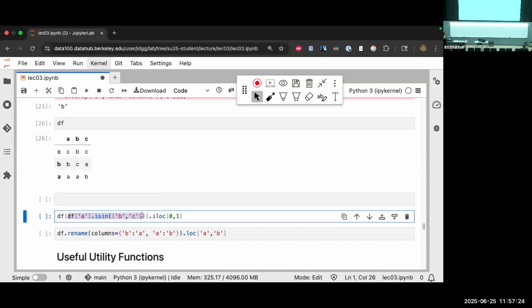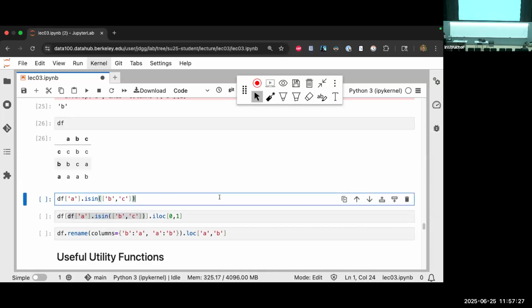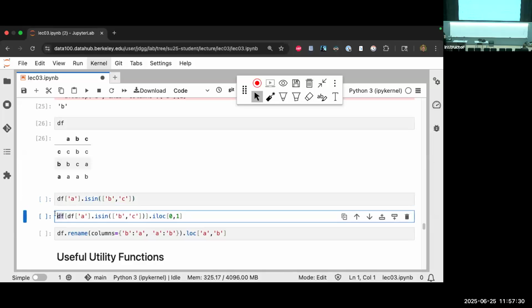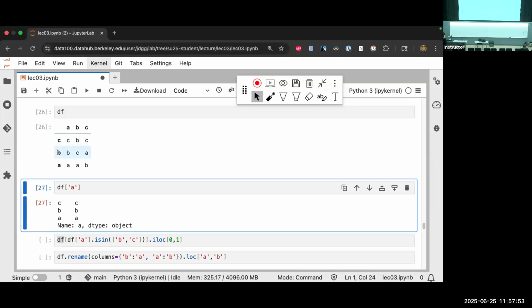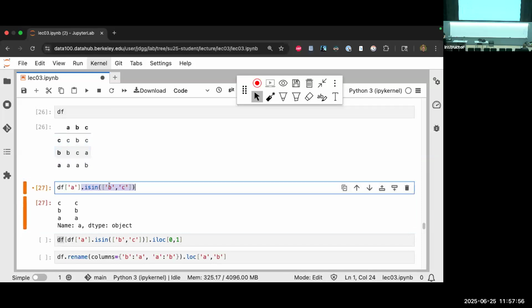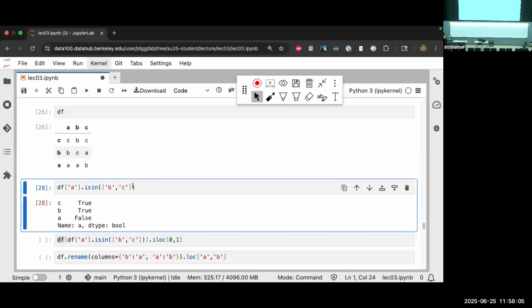One of the first things we're doing here is getting a Boolean index, because we seem to be indexing into df. So let's check if that's a Boolean index. The first thing we're doing is grabbing the A column, CBA, and then we check which values in A are equal to either B or C. If we look just at that A series, we have CBA. Confusingly, it has exactly the same index. Then we're asking which of those values is a B or a C. If I run this, I get back true, true, false.